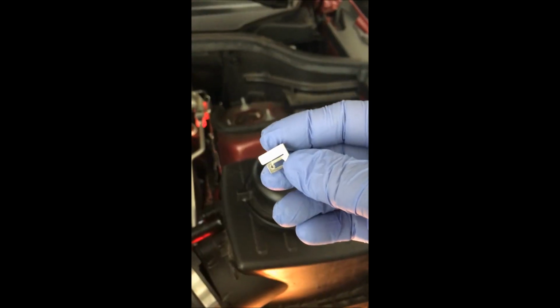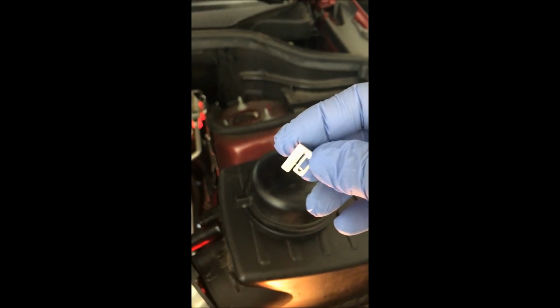Again, don't touch this bulb with anything except gloved hands, because your skin oils will destroy the bulb quickly. And here's a picture of the small clip that comes off of the